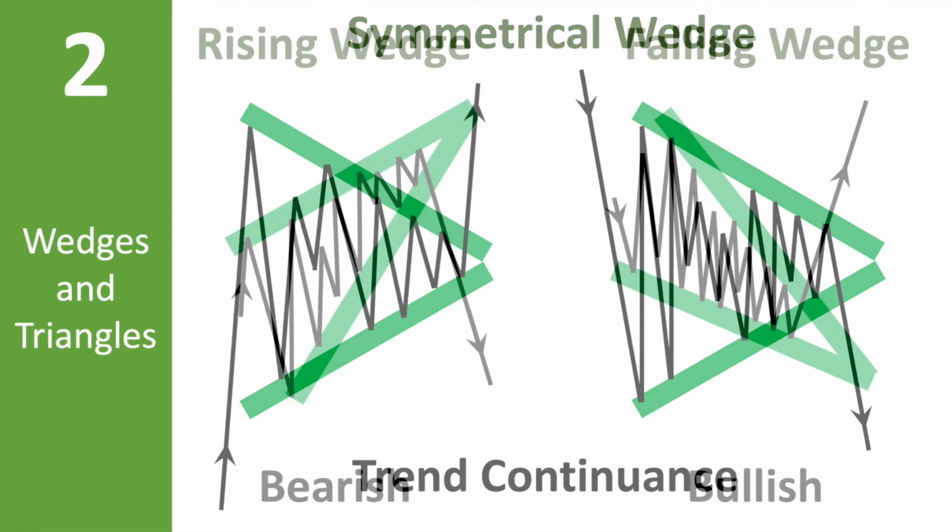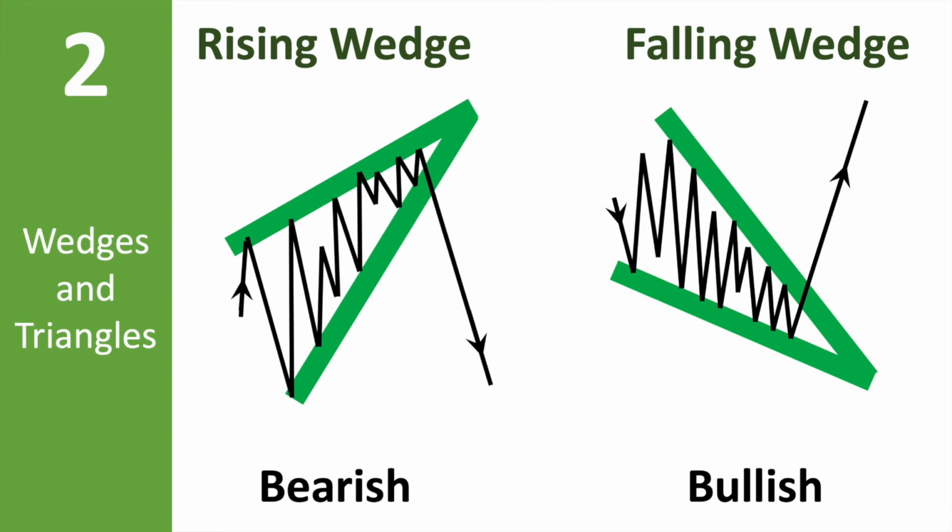Staying on wedges, you might also see a rising wedge and a falling wedge pattern. So a rising wedge is an indicator of a bearish pattern, so a price is likely to go down. At first instance, it looks like a bullish pattern being formed, where we have higher highs and higher lows. But then what is interesting is that the upwards movement is getting shorter each time, indicating that the bears are